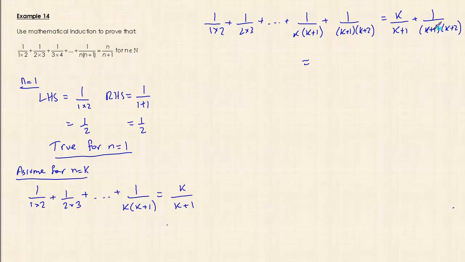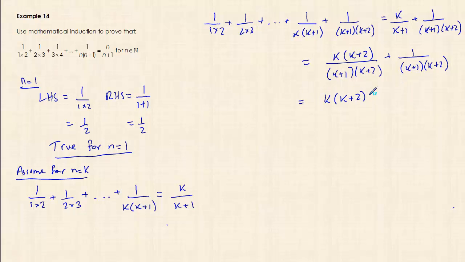Now let's have a look at this right-hand side. Let's put it over a common denominator. That common denominator would be k plus 1 times k plus 2. So I've just multiplied top and bottom of this by k plus 2. Now that we have the same denominator, we can of course put the fractions together. So we have k times k plus 2, plus 1, all over k plus 1 times k plus 2. Expanding the top gives us k squared plus 2k plus 1